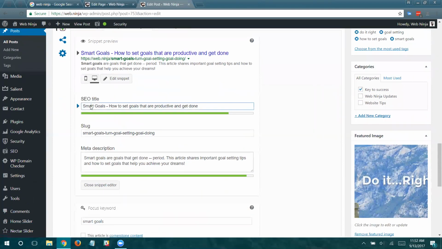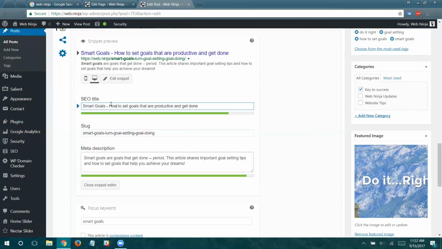So I throw, in this case, it's not the worst thing in the world. It's not the most conversational, and it's not the most attention grabbing as far as a headline. SMART goals, how to set goals that are productive and get done.